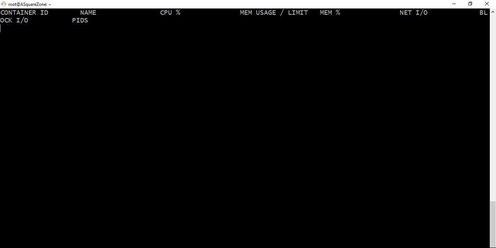So if we have multiple running containers, all live data streams we will get here using the docker stats command. And one more thing we can mention here, like docker stats followed by container ID. If we want to get the details of a specific running container, using docker stats followed by container ID, we can get the live data stream for that particular container. So still it is running here.